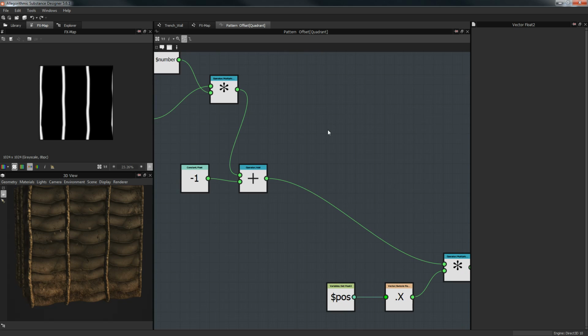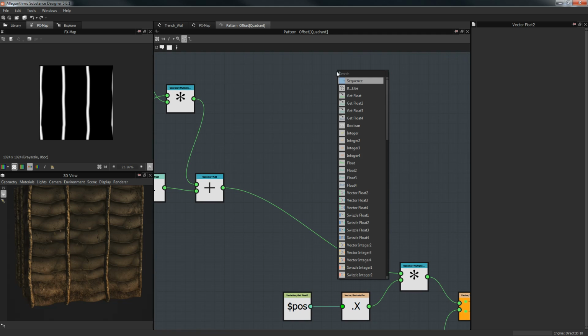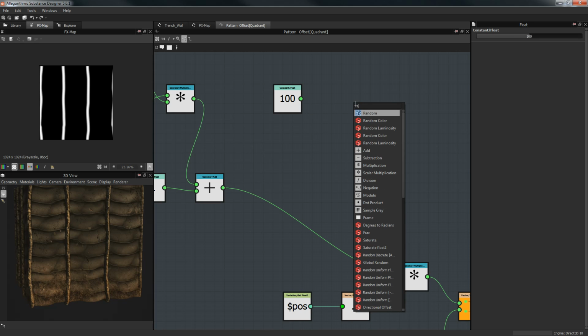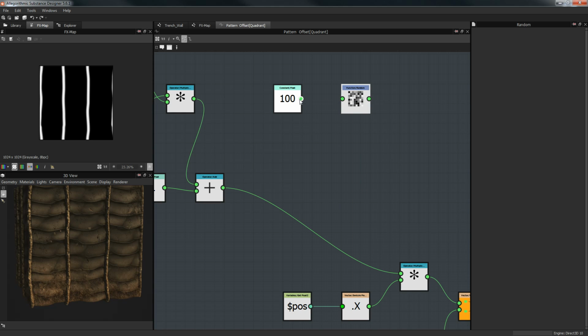So what you can do, and this is one way, there are obviously a lot of ways, is get a constant float. We're going to name this up to 100, and we're going to get a random float, so a float from 0 up to 100. Then we're going to do an if else,